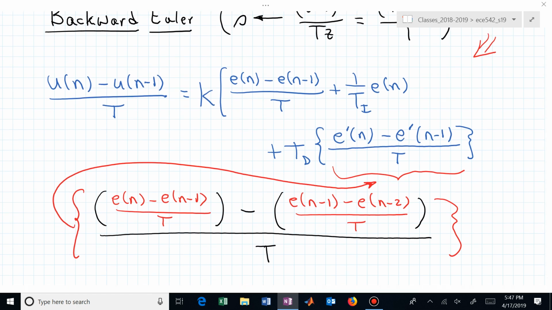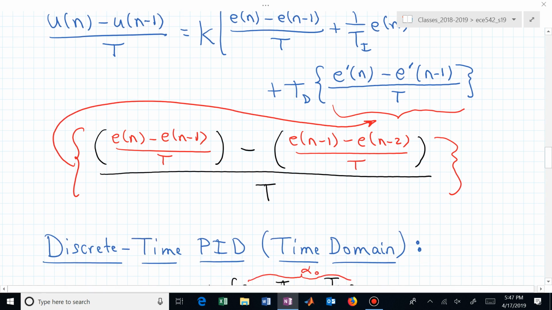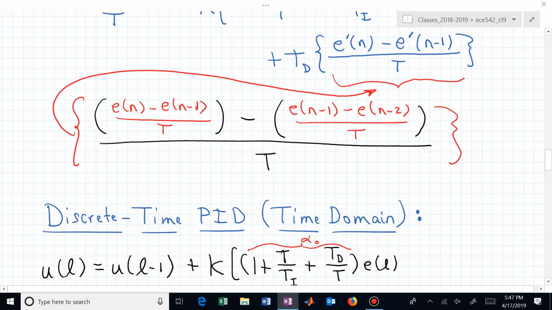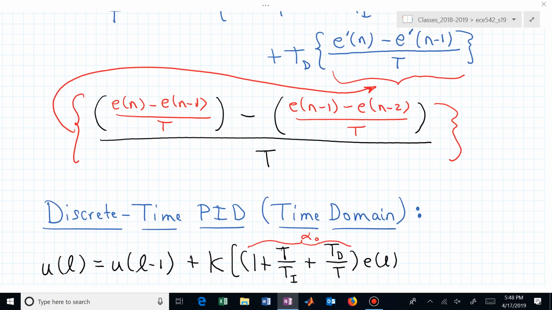We can now multiply both sides by T, and that gets rid of the T on the left, and it gets rid of most of the T's that are in the denominator on the right, and it puts a T in that middle term, 1 over T sub I times e of n. We're going to see a T appearing in its numerator because there's no T in the denominator of that term. And this is now what results. I apologize, you'll be able to put all of this on your piece of paper, but on the screen you're not going to see it.